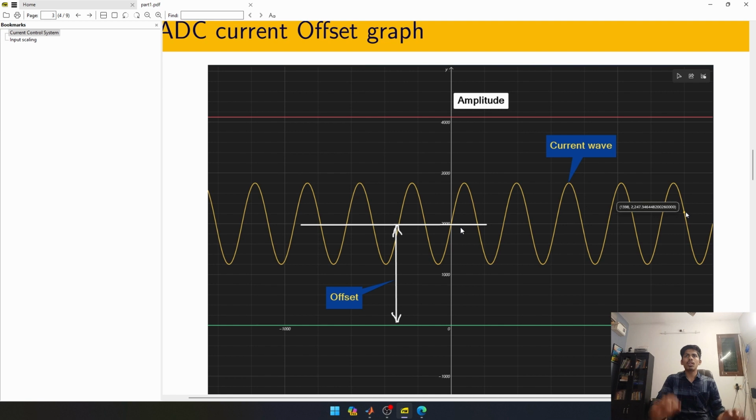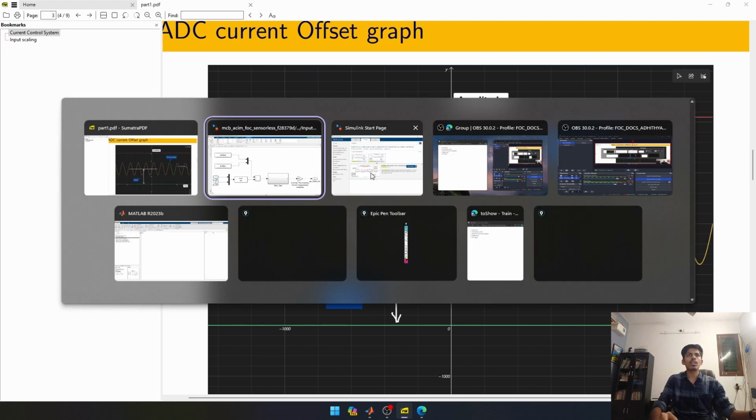Normally we shift the wave to half of the ADC resolution. For example, let's assume the ADC resolution is 4000, we will shift 2000. So our 0 is 2000. Plus 2000 is the positive half cycle, and below 2000 is the negative half cycle. So now our level 2000 is our 0 level, so we have to subtract that 2000. That is what we are doing with this